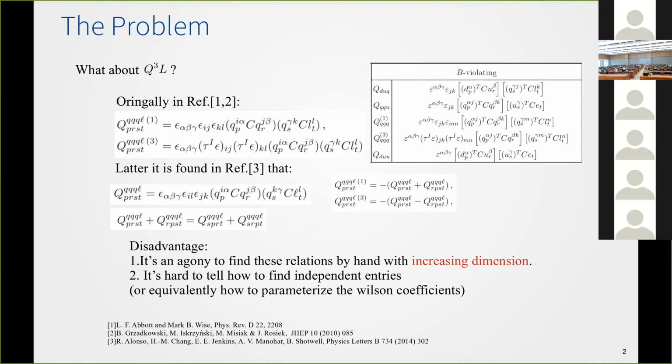Okay, the previous slide shows that even for the simplest operators, it is not trivial to find the symmetry among the flavor indices. Then what about the more complex one, the 3Q1L operators? It turns out that originally, in the published version of the Warsaw basis, it contained two terms related to this type of operators. And not until 2014, it was realized that these two operators can be,